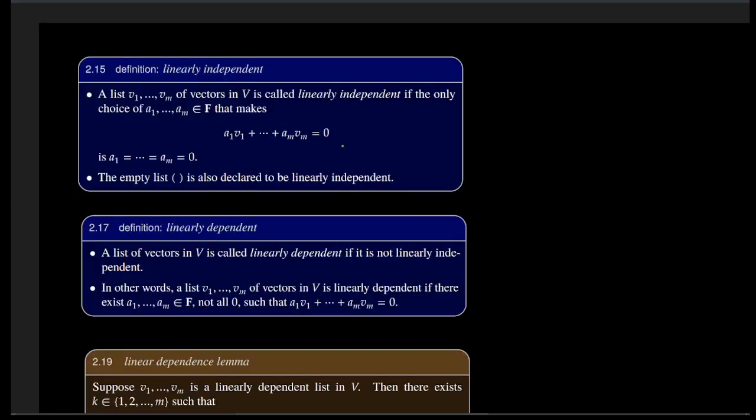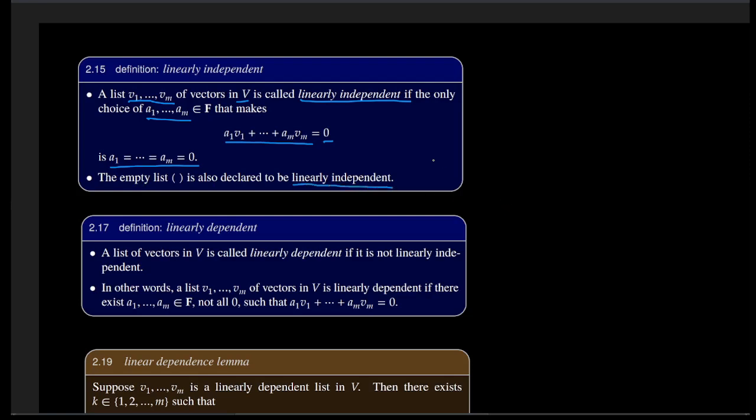Okay, so our first result is going to be about linear independence and dependence. Once again, a couple more definitions, and then we'll actually get to it. So a list of vectors, we're still talking about lists of vectors in a vector space V, we'll say it's linearly independent if the only choice of field elements that makes a linear combination of the vectors in that list equal the zero vector, that is the additive identity of the vector space, is the choice where you take all of those scalars, those field elements, to be the zero of the field, that is the additive identity of the field. We'll also, by convention, declare the empty list to be linearly independent, once again, just to avoid some awkward